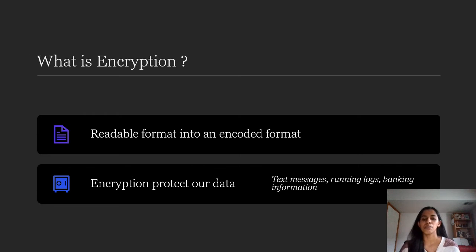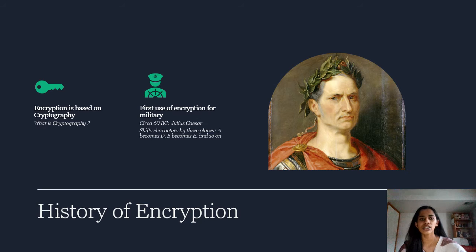Encryption can help protect the data that we send out, receive, or store on our devices. That can be a simple text message stored on your smartphone, a log that you saved on your fitness watch, or bank information you sent through an online account. Encryption is basically a building block of data security. Let's get to know the history of it.